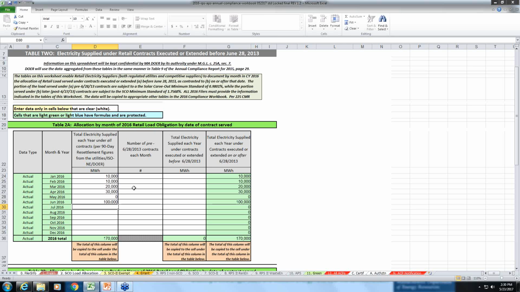Okay, so let's, that total from that column should really end up being the same as the total from that previous tab. Anyway, after those get filled in and you get a total for the column, then if you're one of the filers that's been around long enough to have contracts before 2013, then you're going